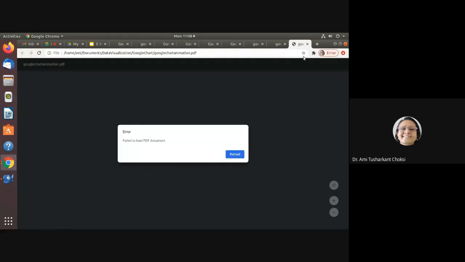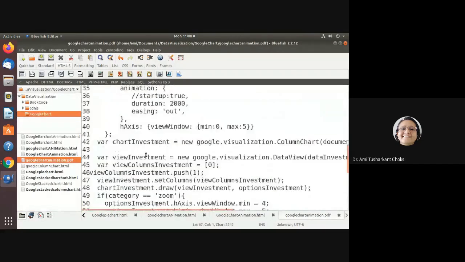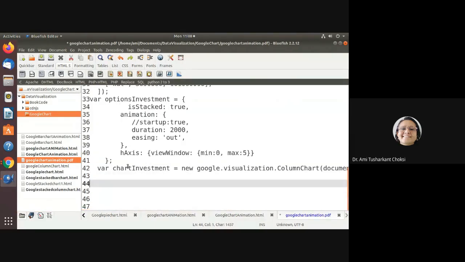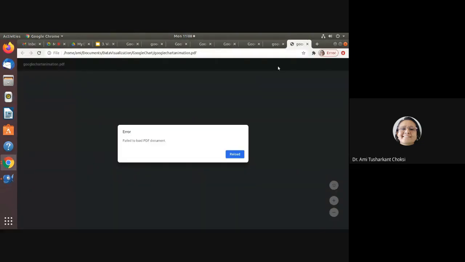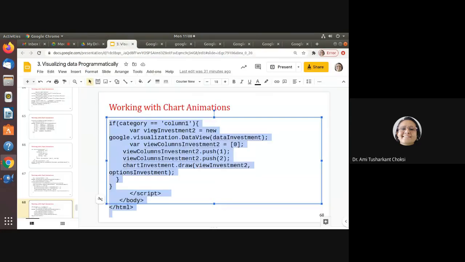Uh-oh, something wrong happened. Wait a moment. Something is missing. A second. Yeah, chartInvestment, column chart, chartInvestment.